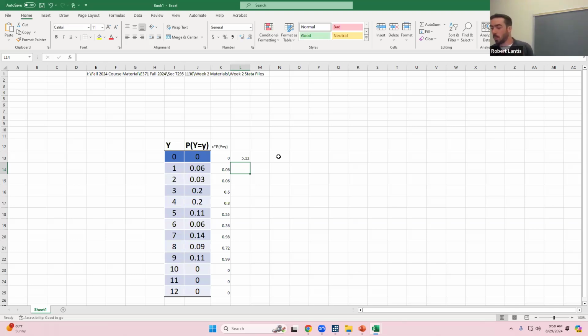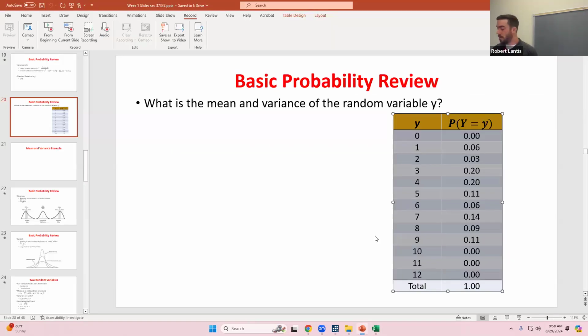So we've got 5.12. How would I then find my variance? Well, remember, I'm going to go through and add up every single y value's deviation from the mean squared.